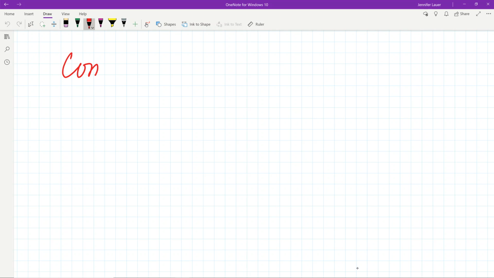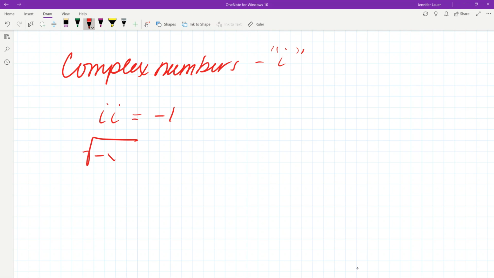Today we're going to be talking about complex numbers. So complex numbers are any number that has an i in it. A couple rules with complex numbers: first of all, when two i's are together, it's a -1. And if you have a negative under a radical, to get rid of the negative, you can bring it out